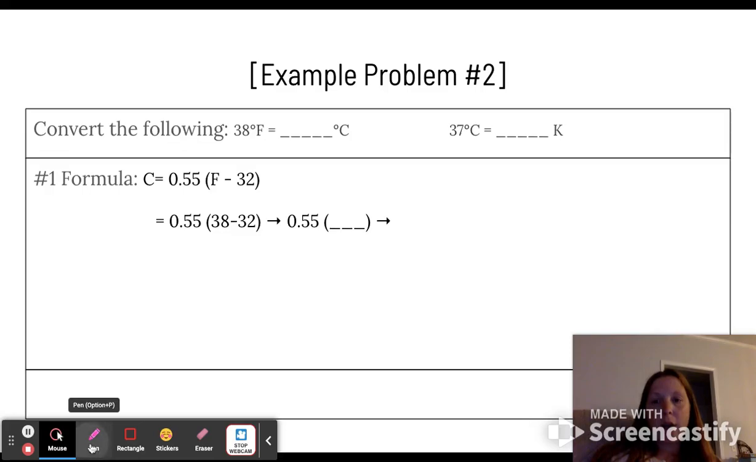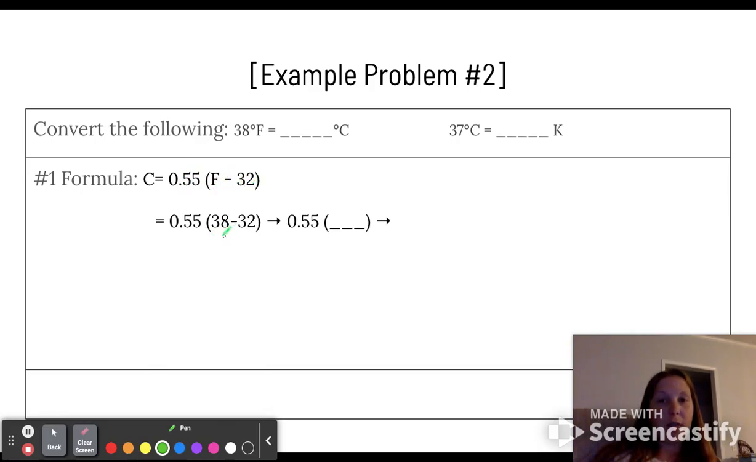There we go. All right, so if we look at this example, we've got our calculations 0.055 times Fahrenheit minus 32. Well, the Fahrenheit that was given is 38. Okay, so 0.055 times 38 minus 32. Well, 38 minus 32 is 6. So you're going to do 0.055 times 6. Which when you do that on your calculator, comes out to